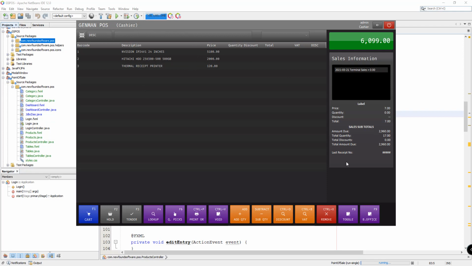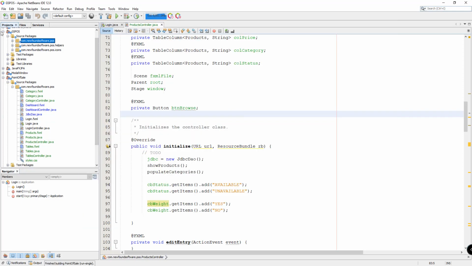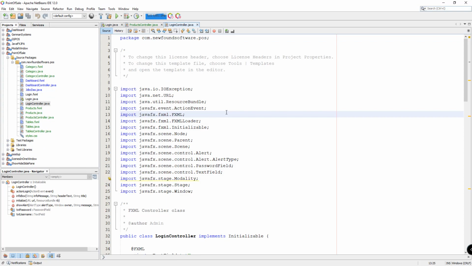We have the different buttons below, and of course our sales information, and of course the added products into our cart. So if you're interested, you can follow along with this tutorial and get this particular output that you want. Now let's proceed to the other feature that we want, which is browsing an image whenever we click on the browse